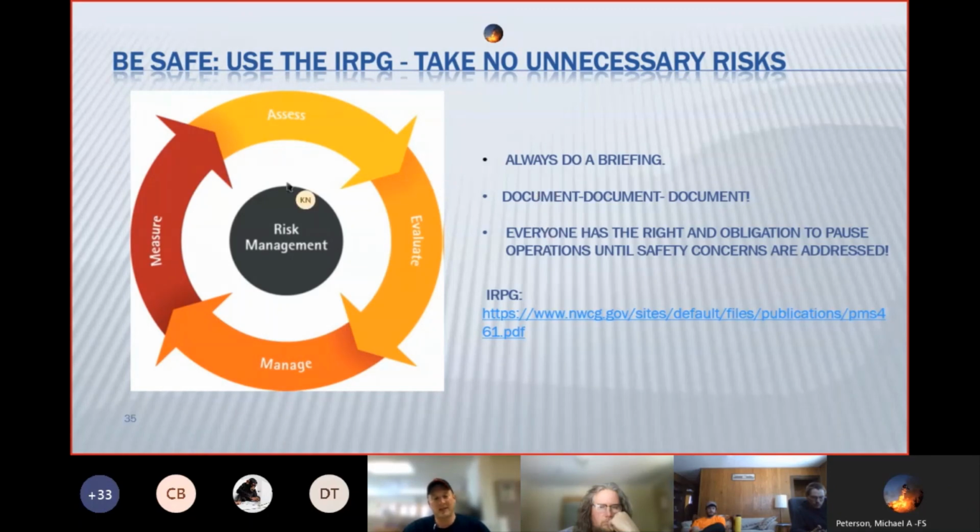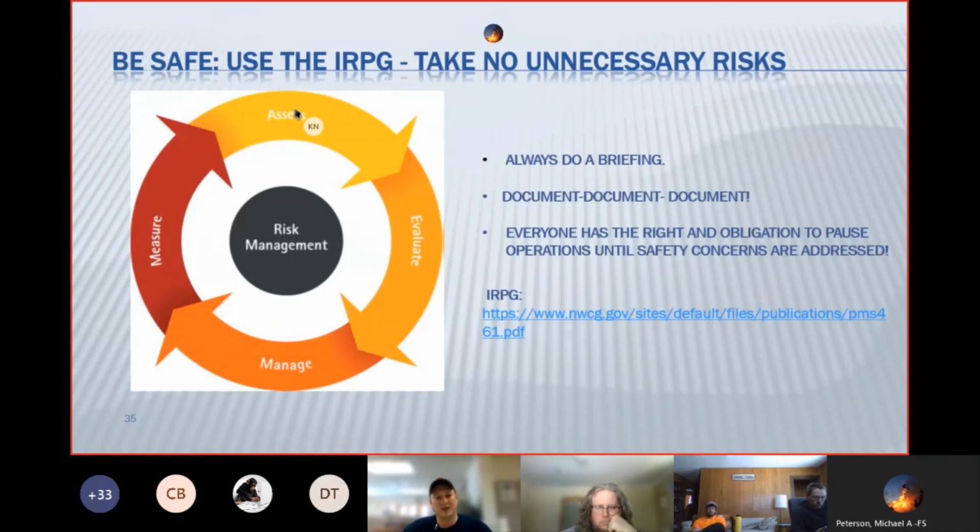And then finally, this risk management, I thought this was a good graphic. It shows that it's a cycle and that it never ends. It's not just a checklist, like maybe linearly in the IRPG where you get to the end and all the boxes are checked and you're done. As soon as you get to the end of this circle, you're moving right back to the beginning, because you're going to have to reassess the dynamic situation, just what you'd see on the fire line.